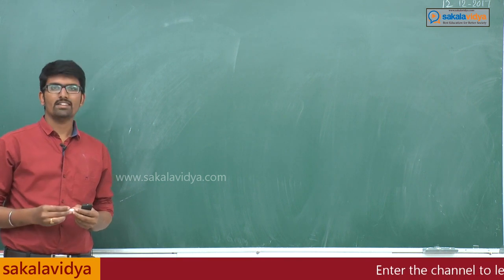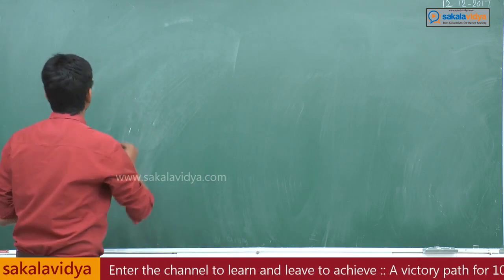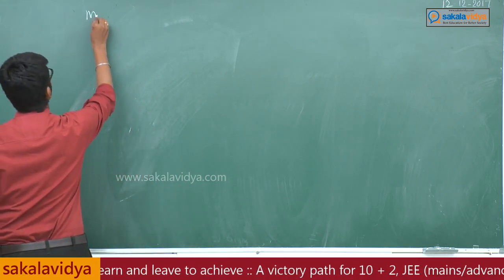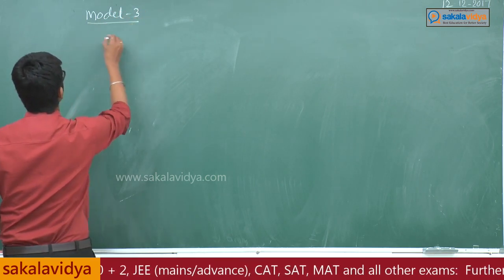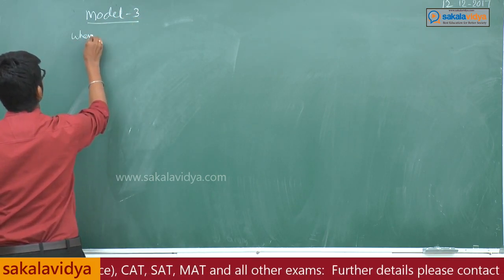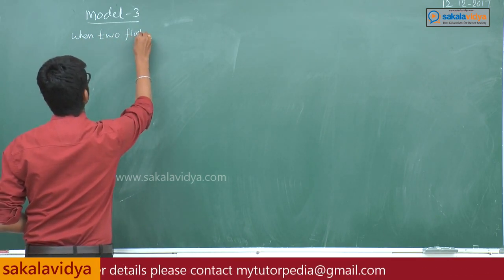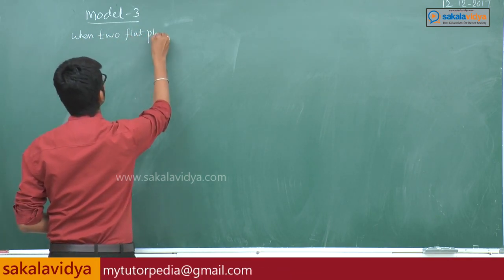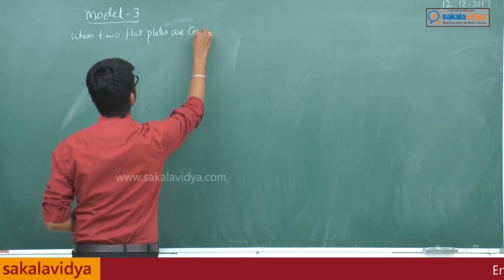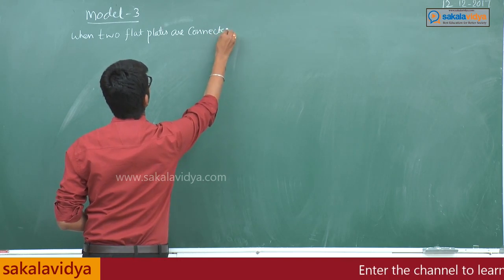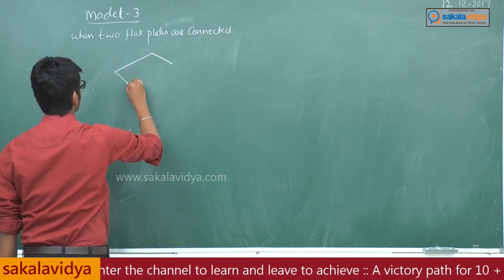Let us see model 3, when two flat plates are connected together, as shown in the figure. For example, model 3: when two flat plates are connected together. For example, we are having a flat plate with thickness T